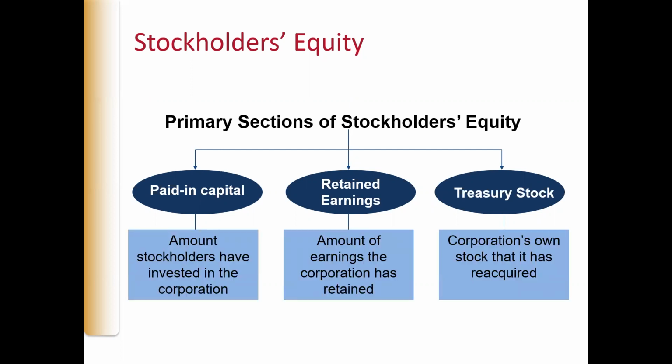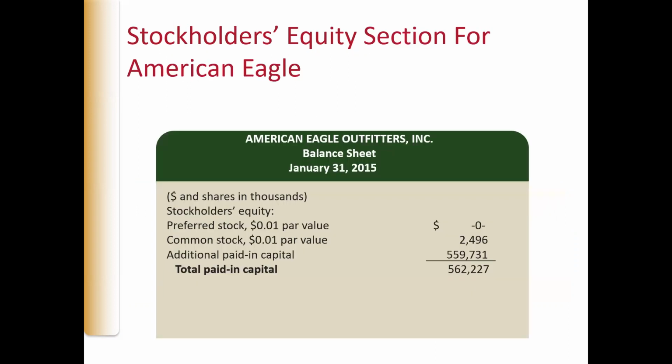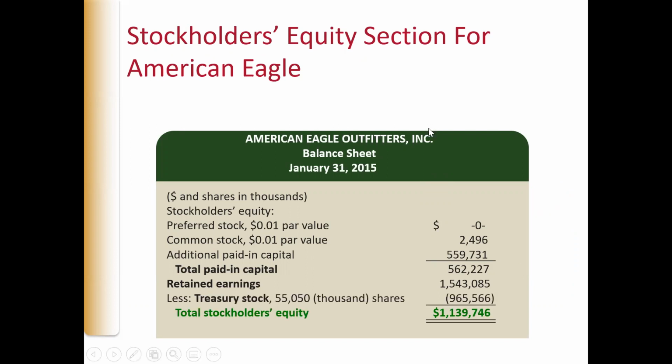So paid-in capital is the amount stockholders have invested in the company. Retained earnings, the amount of earnings the corporation has retained. And then treasury stock is the corporation's own stock that it has reacquired. So here, if you look at the American Eagle Outfitters, you'll see here,